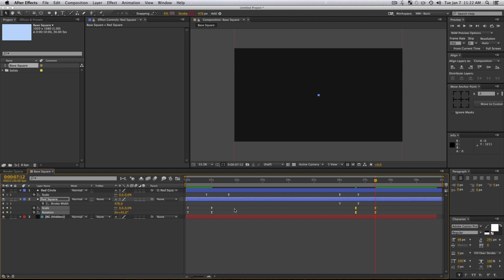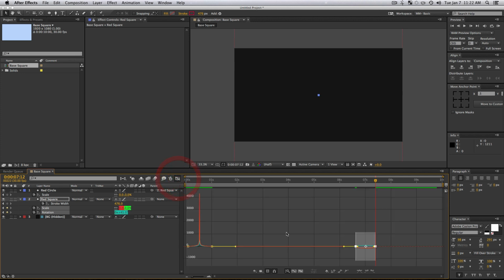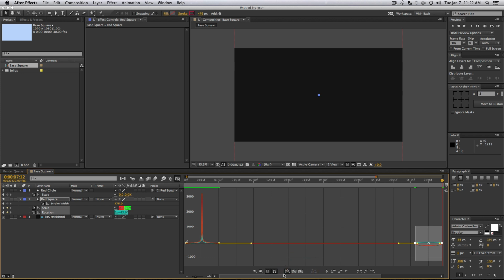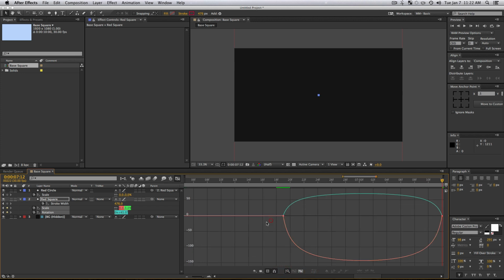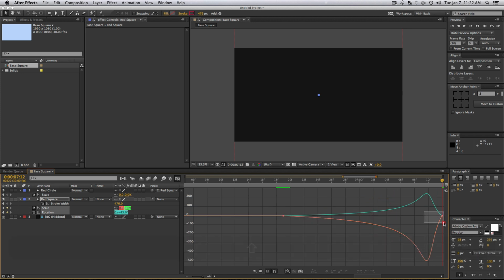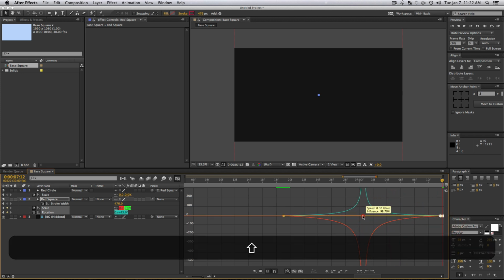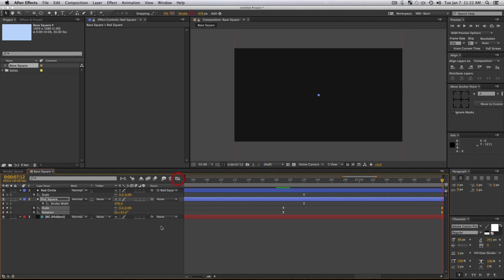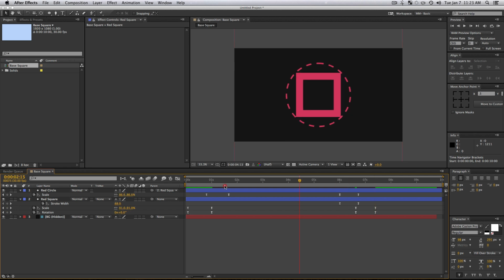It's already easy ease. We'll click our graph editor here, fit all graphs to view, or fit selected to view. Then drag your selection marquee over both these little keyframes and drag it out, and it'll change both at the same time. So that is good. All right, I'm going to zoom back out and let's see how this is looking.